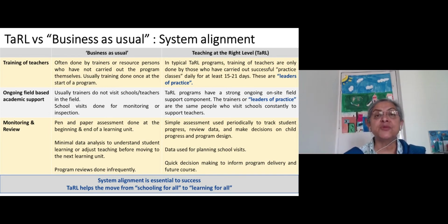In India, this tends to be a category called cluster coordinators or block resource people, whose job it is to actually visit schools and provide on-site support. And so we feel it is that person really who has to be equipped to know what to do with children, to know how these different groups function. And the best way to know that, in addition to, of course, having some training, is to actually implement a teaching at the right level class for at least 2 to 3 weeks before they can become trainers and helpers